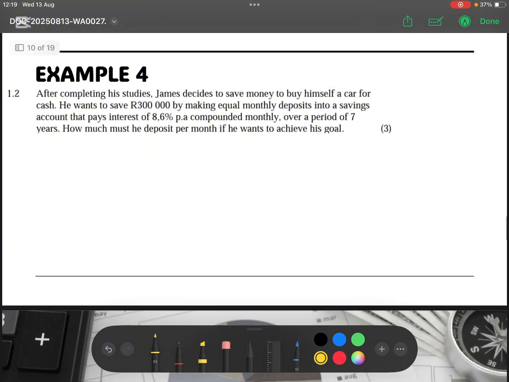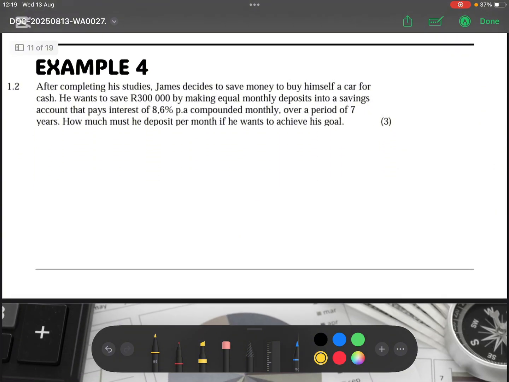Okay, so let's look at another example. This is based on the test that was written in Amajuba district in 2025, right? So now after completing his studies, James decided to save money to buy himself a car for cash, right? He wants to save an amount of 300,000 by making monthly equal deposits into the savings account, that pays an interest rate